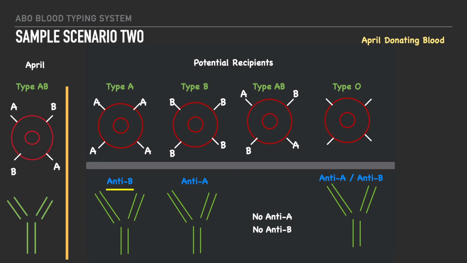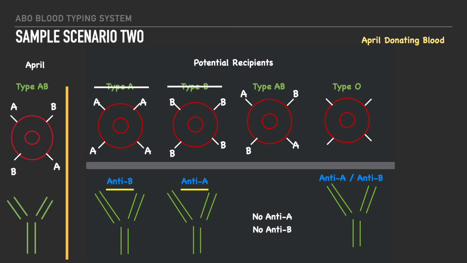Now that you've had a moment to think about it, let's debrief and let's talk about which blood types April could receive from first. On the far left-hand side, we have a sample of April's blood, which is again type AB blood. And because of this blood type, she doesn't have either an anti-A antibody or an anti-B antibody. Now, as we go through this, let's start with a potential donor that has type A